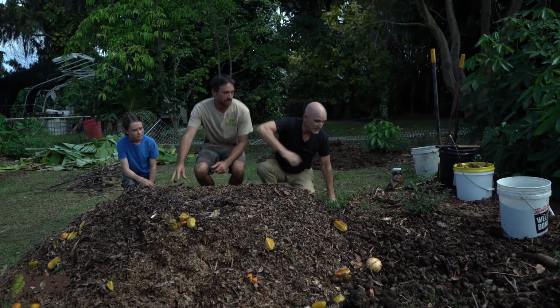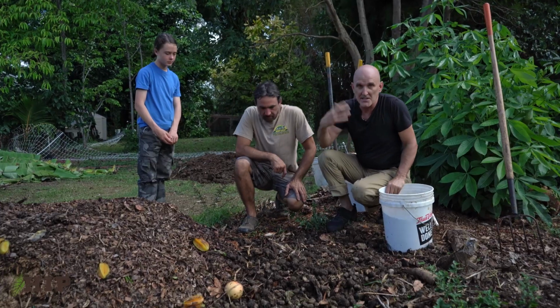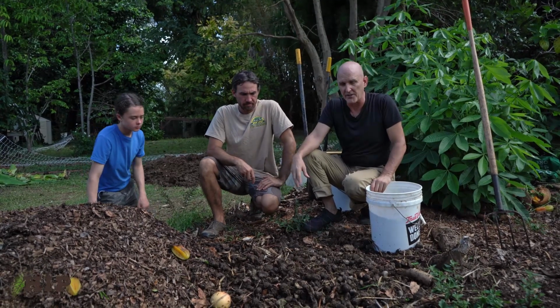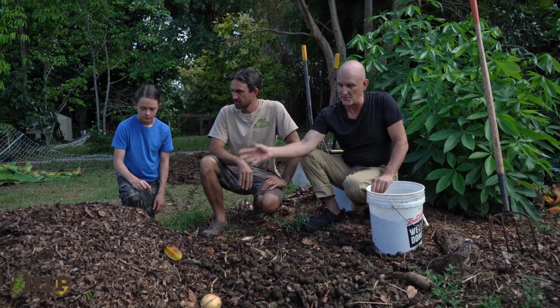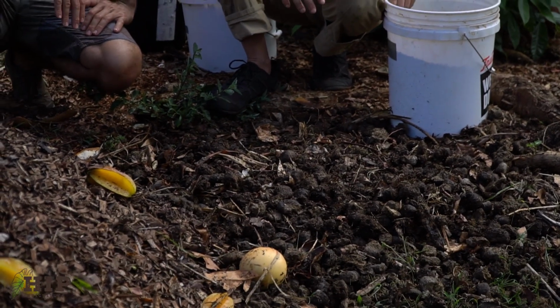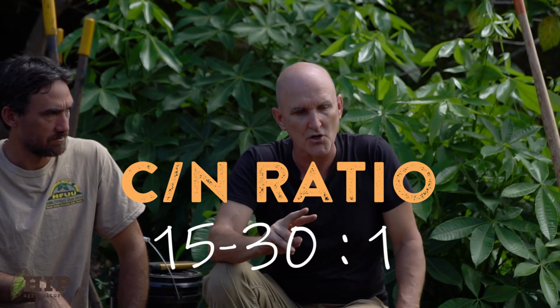Sounds good. Let's take a look at this horse manure that we've got here. One of the things that's going to help feed the microorganisms and generate this composting process is going to be nitrogen. And we have very little nitrogen, if any at all, in this pile of carbon. So we come over here and we've got the horse manure, which has a much higher nitrogen content, which we're going to add into our pile to achieve the ratio we'd mentioned, somewhere around 15 to 30 parts carbon to